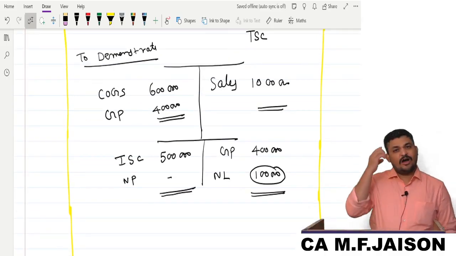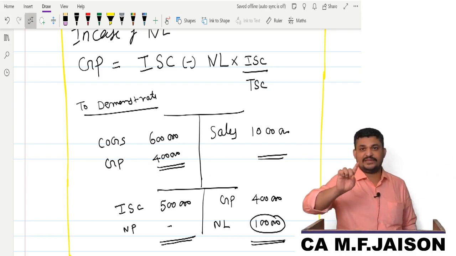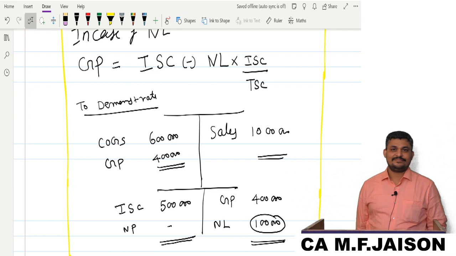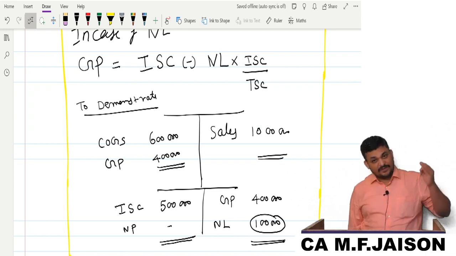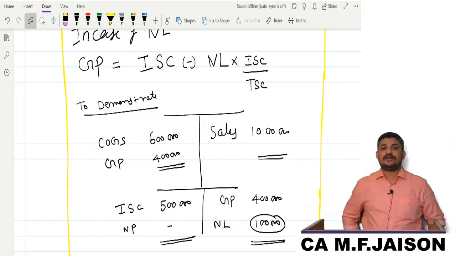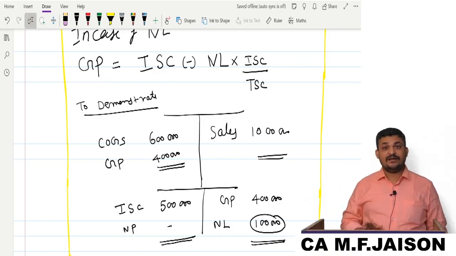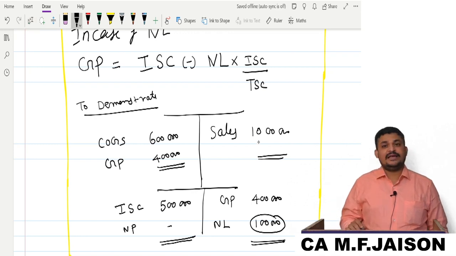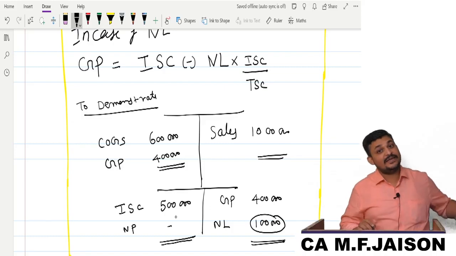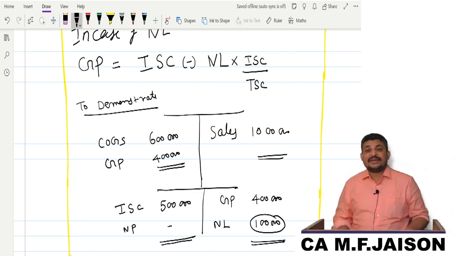Now here one more point, common sense you should understand. Whatever loss you are actually suffering because of fire accident, that only you expect the insurance company to compensate you. Correct? Yes, sir. Suppose the fire did not happen, then you would have made sales of 10 lakhs, with an outflow of 6 lakhs. So you will be having 4 lakhs in cash, of which you would have spent 5 lakhs. So you would end up at negative 1 lakh, correct?